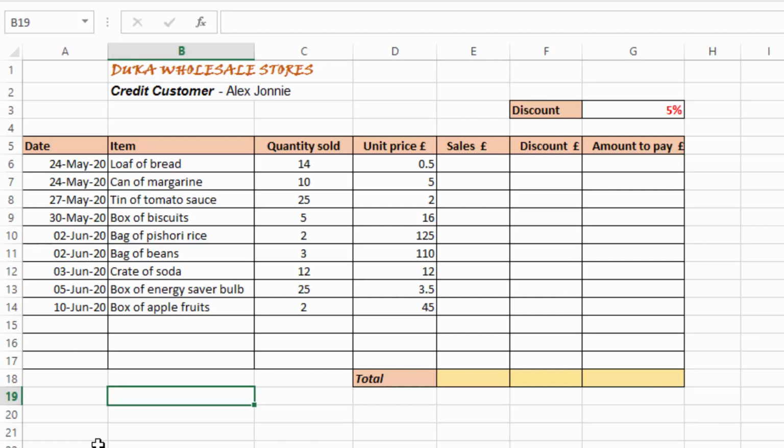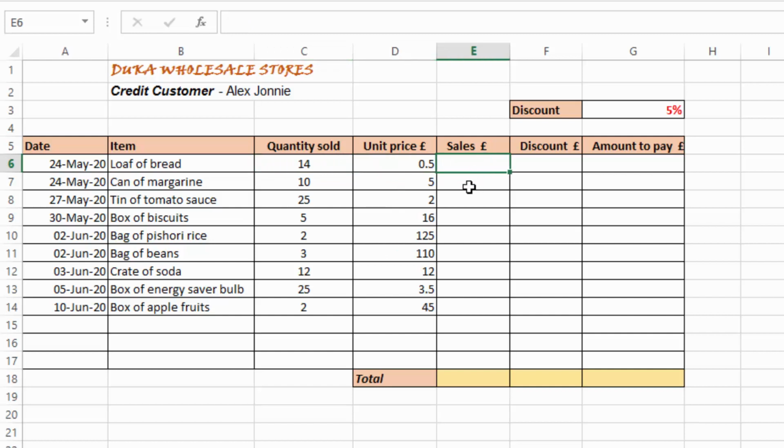And in this case here, if you want to calculate sales of any item, you take the quantity which somebody bought, then you multiply by the price of one of those items. So in this case we have 14 items of the same type, loaf of bread, but one costs 0.5 of a pound, UK pound. Now if I want the sale from this, I will take the quantity, then I multiply by